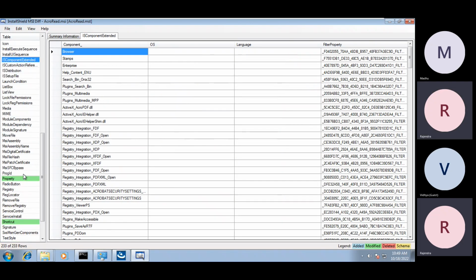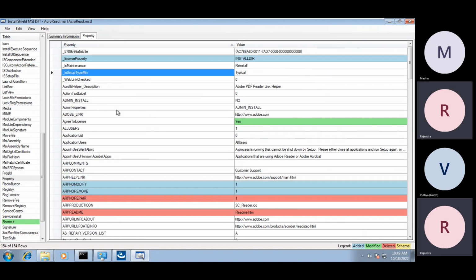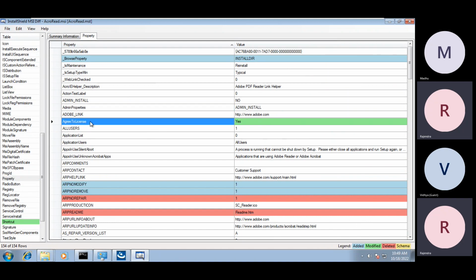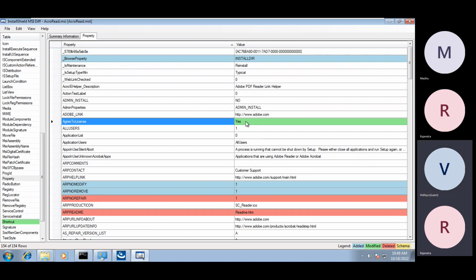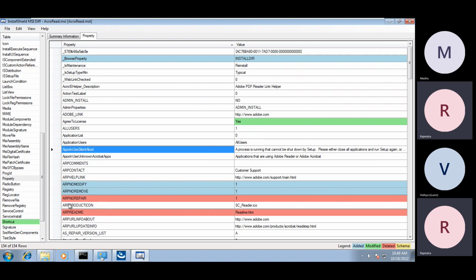And then go to the property. We know this property because we made it in front of us. You see the agree to license, earlier it was no. What does green mean? Modified. I modified it. You can even see what was the old value in the brackets. Previous value was no. You made it yes. And you see this pink? It says deleted, right? So ARP no repair, I deleted,